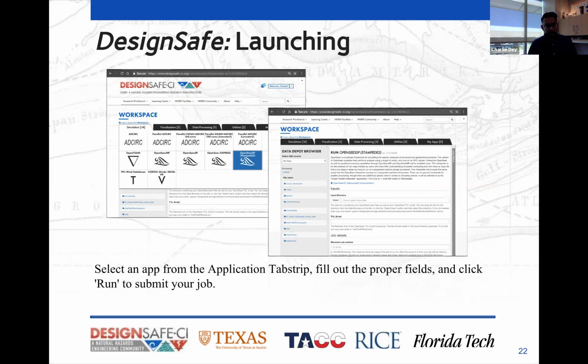What directory would you like the output to go to? And once you're all set, you hit execute, and it submits your job. Now, there's a little bit of background knowledge that you should probably have